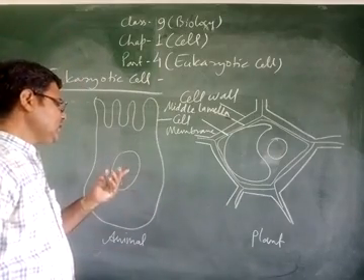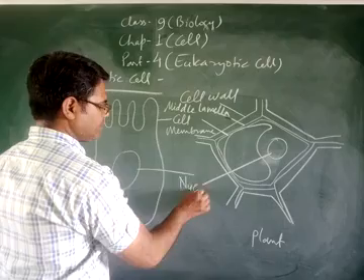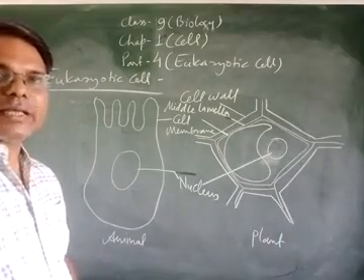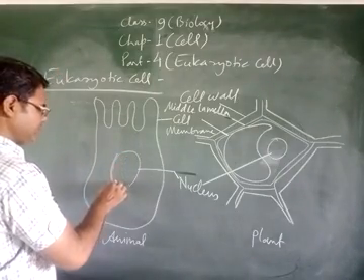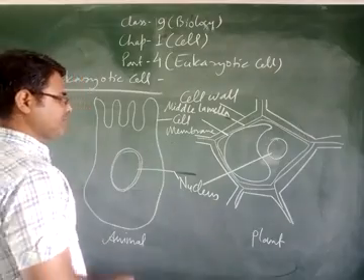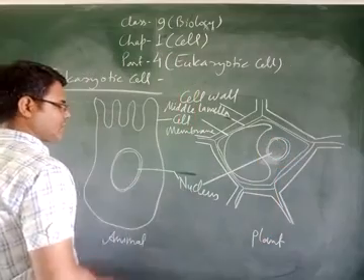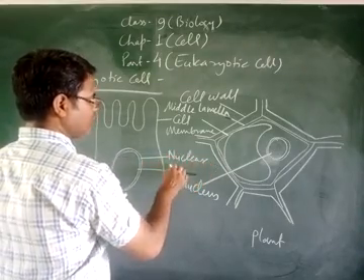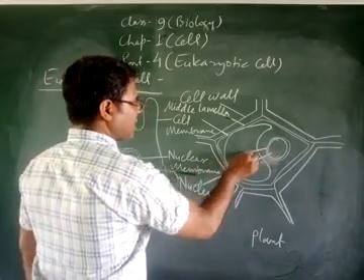Now if you see, this is the nucleus, which is also present in the plant cell, which is very developed in both cells and clearly seen due to the presence of the nuclear membrane. The nuclear membrane is also just like the cell membrane, students, which is present around the nucleus of both types of cell. This membrane is called the nuclear membrane, which is present in both types of cell.